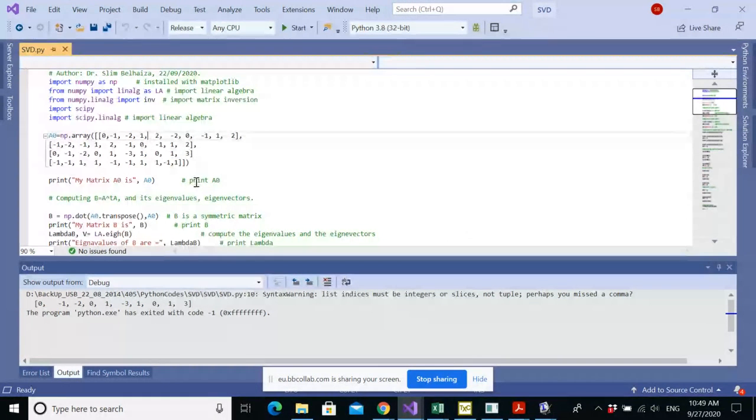Anyway, Firas, the idea is that when I was computing the variance covariance matrix, I had a very small